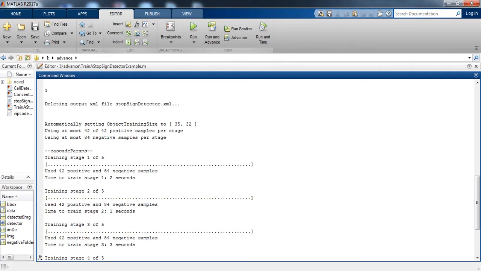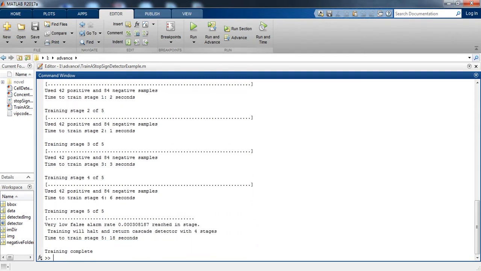The time taken in training stage 1 is 1 to 2 seconds, in training stage 2 the time taken is 2:1 seconds, and in training stage 3 it is 3:3 seconds, and stage 4 takes 4:6 seconds, and at the last, training stage 5 took 5:18 seconds.